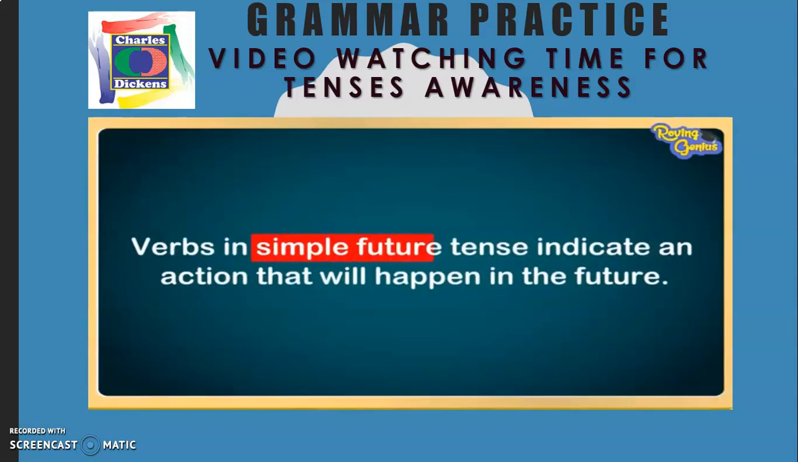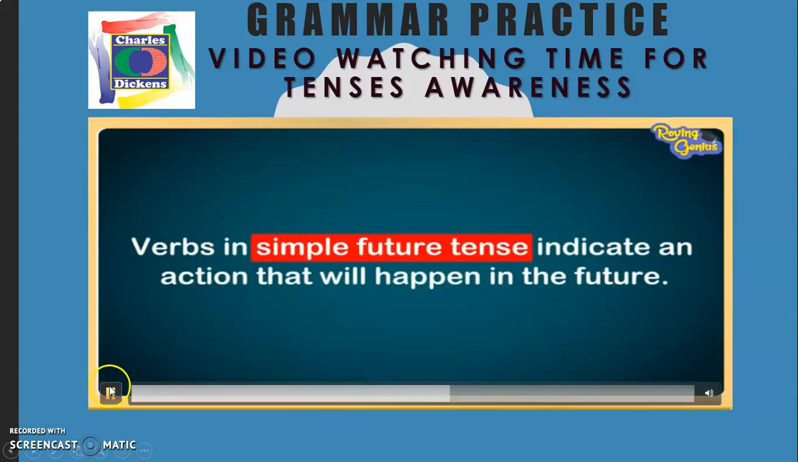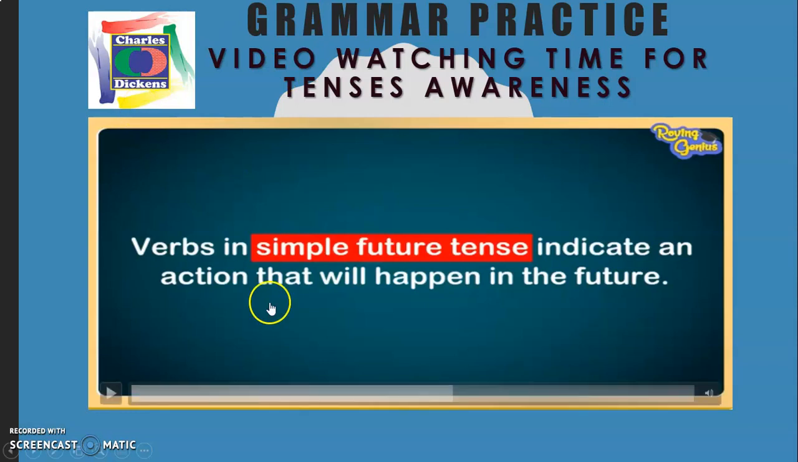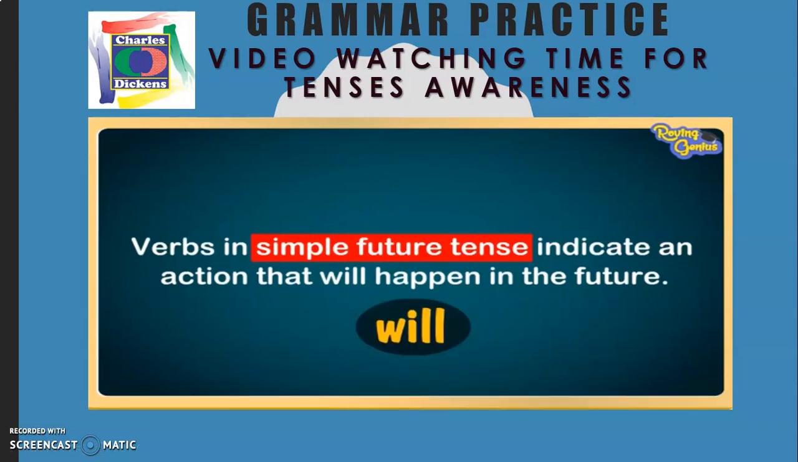Verbs in simple future tense indicate an action that will happen in the future. Remember that this is what we have been studying in the last weeks of our Contract 6. Simple future tense, indicating actions that will happen in the future, also for making predictions and for first conditional, that is to say, possibilities and probabilities. In this case, the verb simply begins with will. For example,